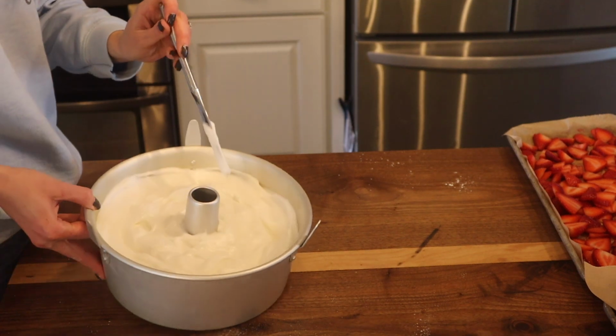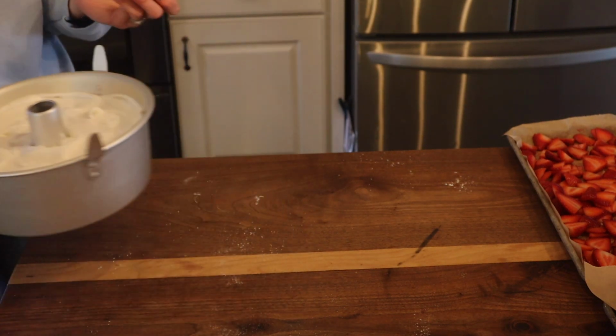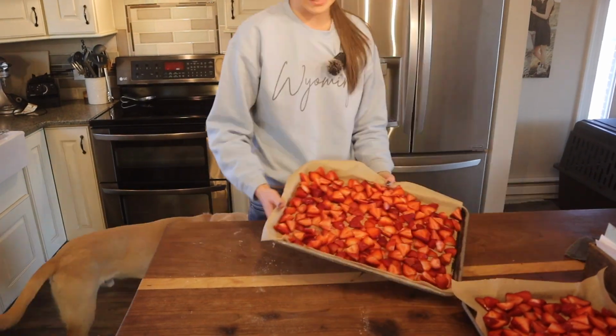I'm gonna put this in the oven, 375 degrees for like 20 to 25 minutes, and while that's baking, we're gonna get dinner going. And one thing I do want to mention is for freezing strawberries, I like to just